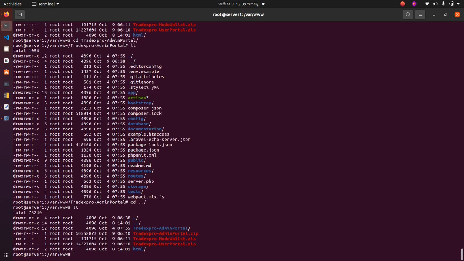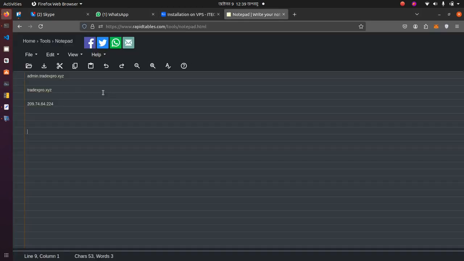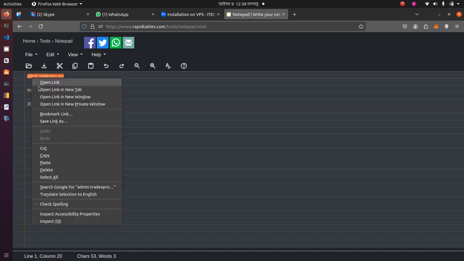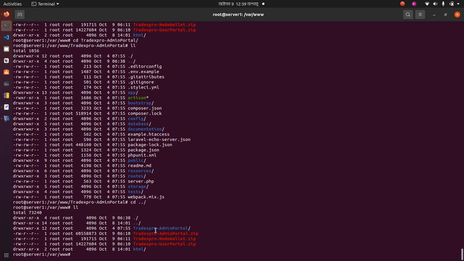Alright, so according to the documentation, the admin panel project folder should be named admin.example.com. Okay, so what I'm going to do is, in my case this is admin.tradexpro.xyz. I'll copy the name